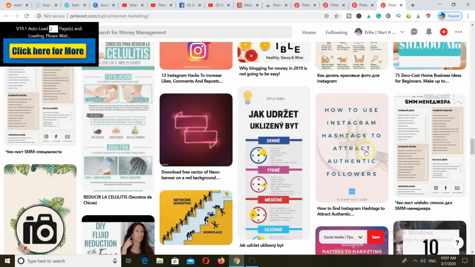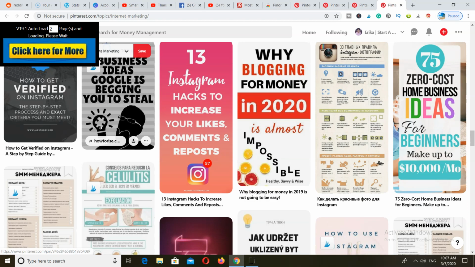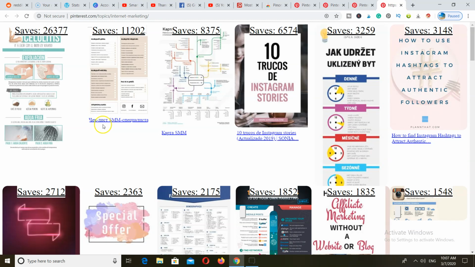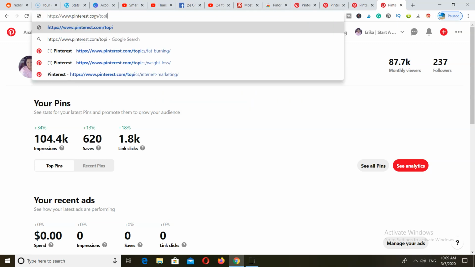So these are 4 different methods that you can use right now to find out all of the different top and trending pins on Pinterest. As you can see, this one has 26,000 repins, 11,000, and so on and so forth. Okay guys, so the final method I have for you is by going to pinterest.com, and you just type in pinterest.com/topics